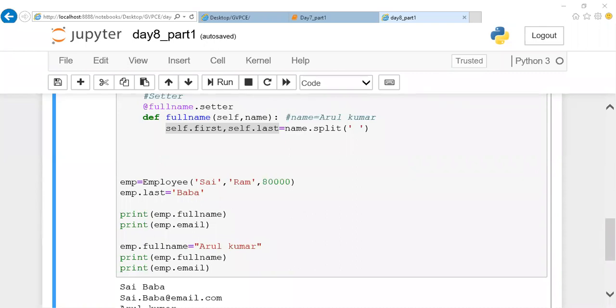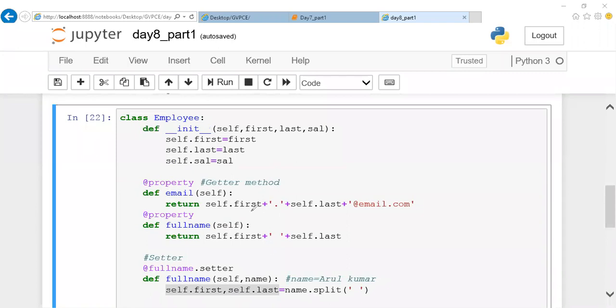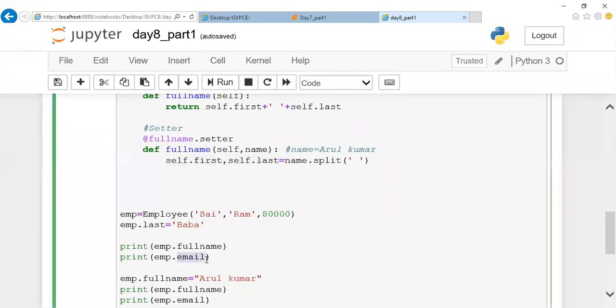And next, in the same way, we have one more property called the deleter property. What is that, Samir? Are you asking about the difference between getter and setter? Yes, okay, fine. Getter is used for calling. With a getter method, you access a function as a normal variable. Here this email is a function and this full name is a function, but how am I trying to access them? As a variable. This is all about a getter.